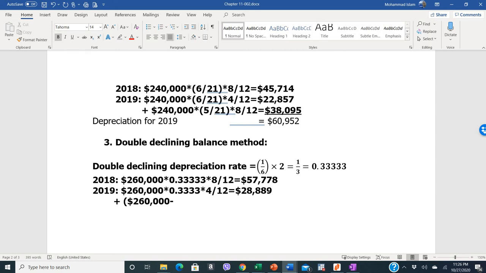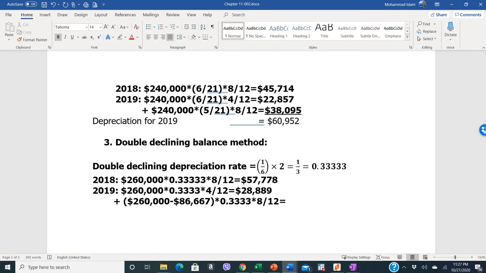So 260,000 minus the sum of these two is equal to 86,667. Okay, and now multiplied by 0.3333, correct, and multiplied by 8 over 12. Okay, which is equal to